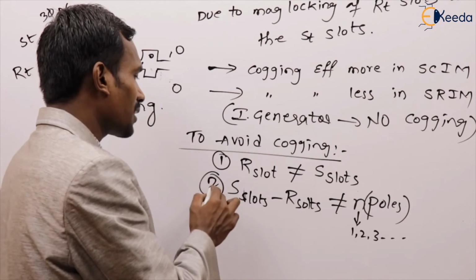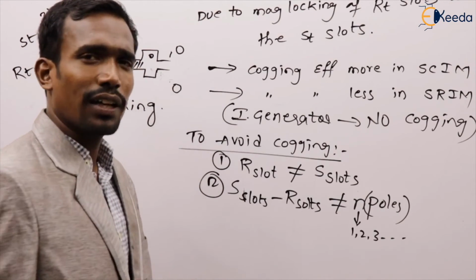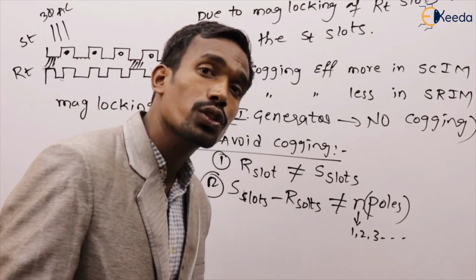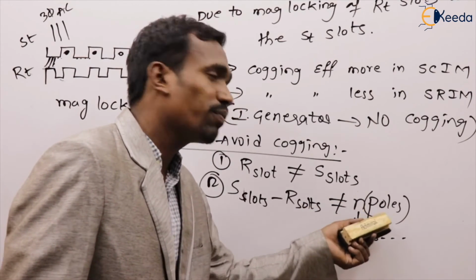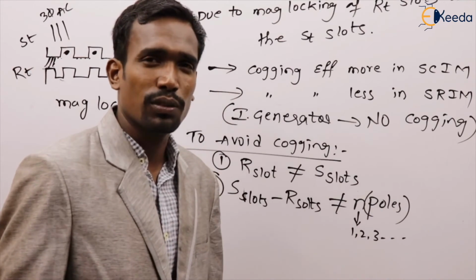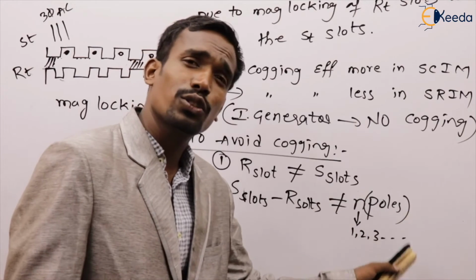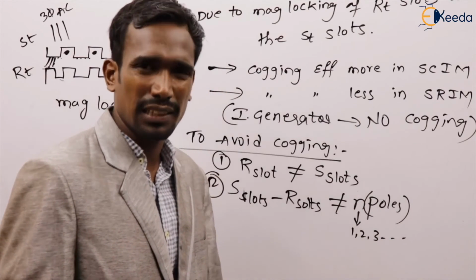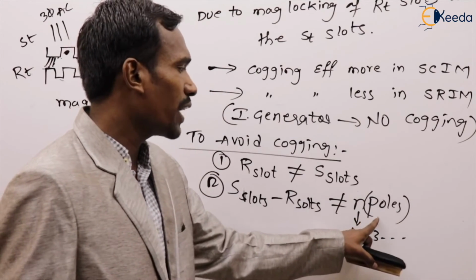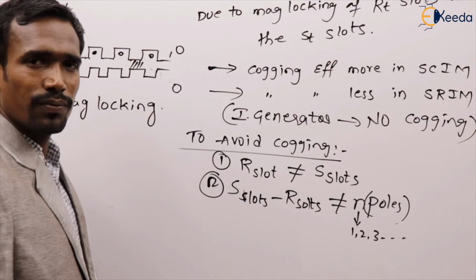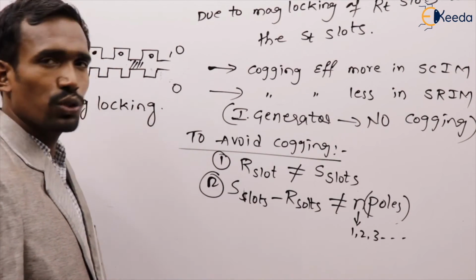Second condition: the difference of slots of stator and rotor should not be equal to n into the number of poles. For example, if the number of poles is 6, it should not be equal to 6, 12, 18, 24, like that. These two are the conditions. Other than these two,